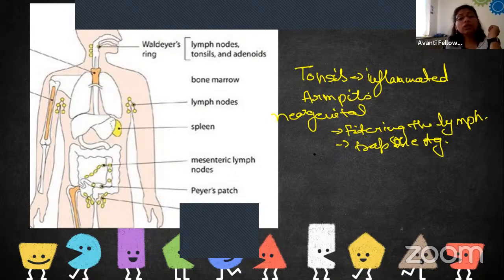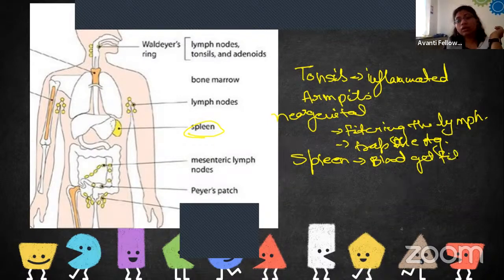Apart from that, we have another lymphoid organ, that is the spleen, which is also known as the graveyard of WBC. If you ever heard, the spleen is said to be the graveyard of WBCs. Here the blood gets filtered, or checked for the presence of any antigen. If any kind of antigen or microorganism is present in the blood, it gets trapped in the spleen, and the spleen